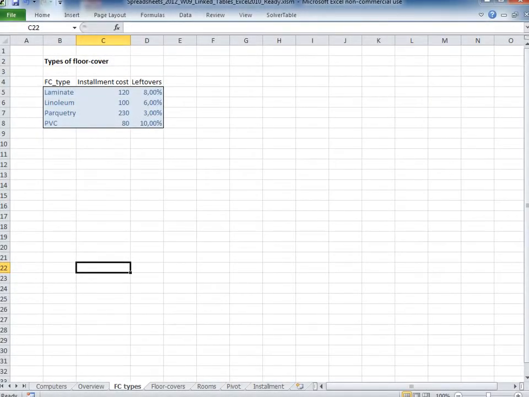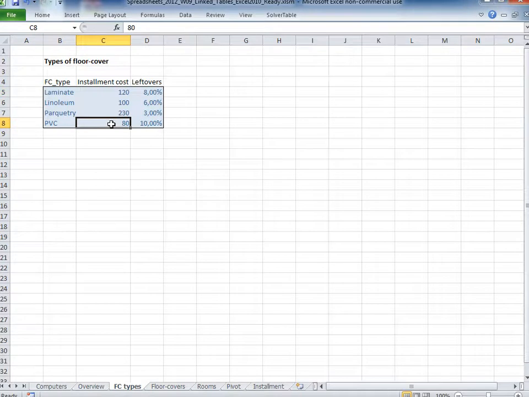Our own exercise on linked tables deals with installing different floor covers. Here, the first table lists the types of floor covers. These are laminate, linoleum, parquetry, and PVC. Across these different types we have different installment costs, which means that, nevertheless, we have a number of laminates. All of them have the installment cost per square meter of 120, and all the PVCs have the same installment